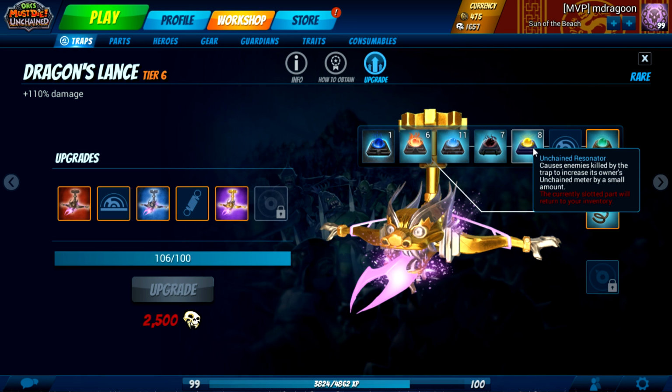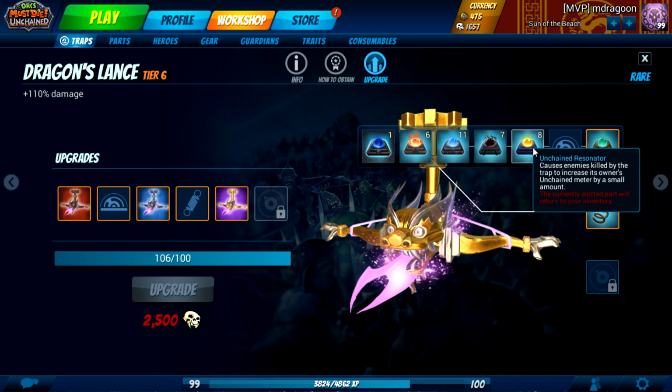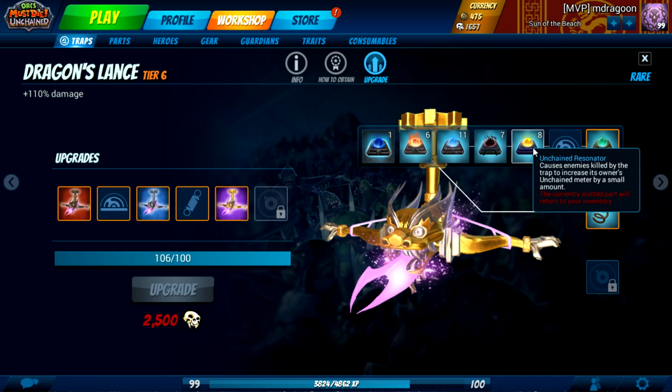Floor Scorcher should be a good choice for this, as long as the Unchained triggers properly on burning enemies. Things like the Swinging Mace are excellent. Ballista are good. You can pretty much put this on anything that deals damage. And the more consistent that damage dealt is, the more Unchained you'll get, and then you can just Unchain all the time. So this is a deceptively good resonator compared to the other ones, but it still relies on hero